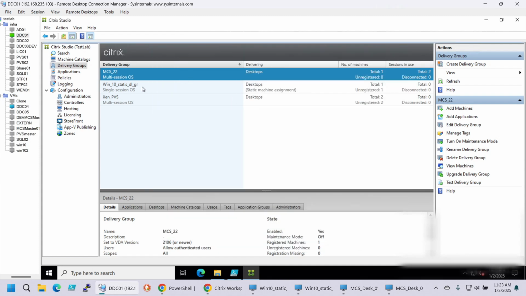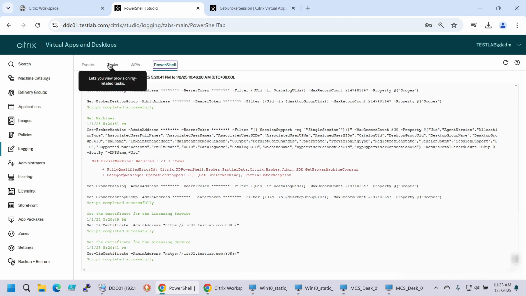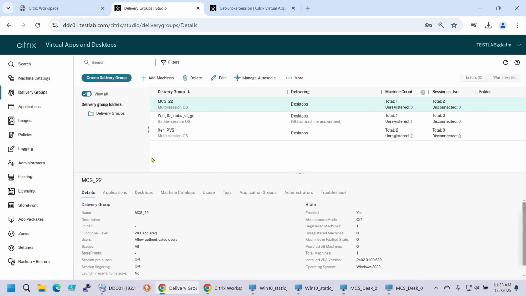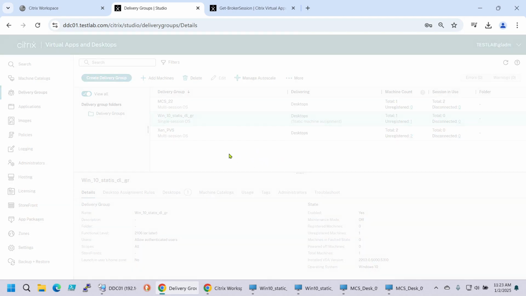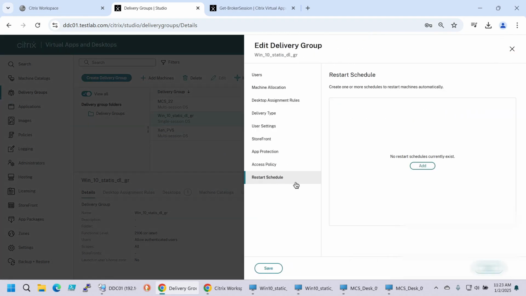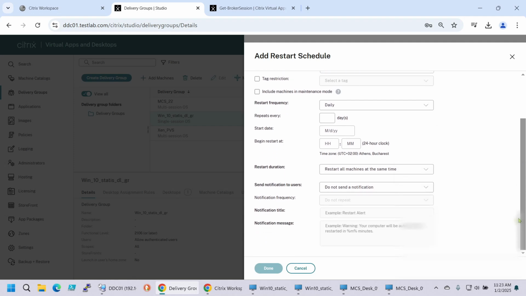I did see that I do have it in the web version. Where is it? Studio Web. So here under delivery groups. So this is the 2402 web version, and here I should see the schedule reboot, restart schedule. Okay. So you can only do this if you have the latest version and you have the web studio configured, or probably also if you have the cloud. I mean, not probably, 100% sure that you will be able to do this also with the cloud, but